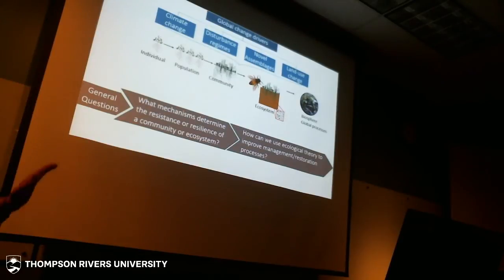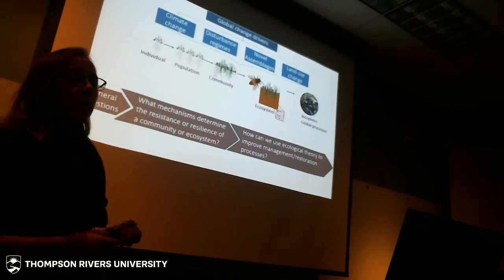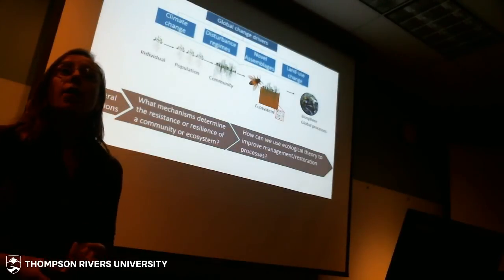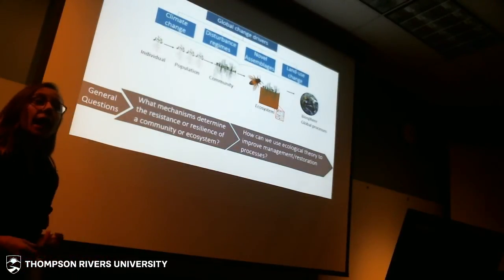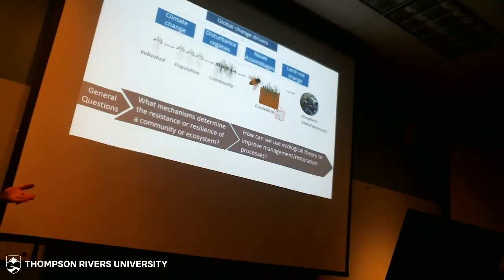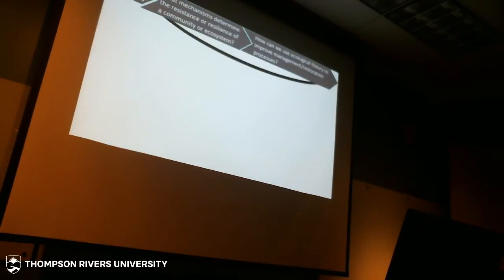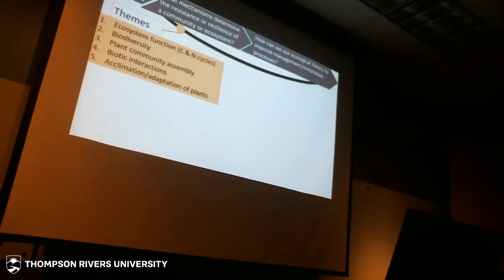And how can we use ecological theory? How can we use things like community assembly and biotic interactions to help us better understand how we can rebuild these ecosystems that might have been damaged? So to answer these questions, again, my themes are to look at ecosystem function, carbon and nitrogen cycles,